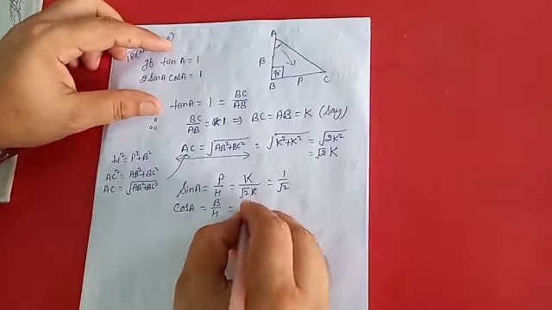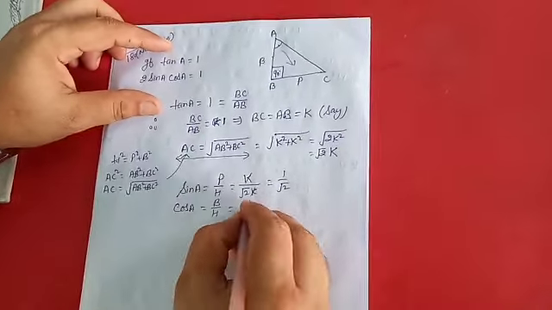Sorry, it's not OP here, it means 1 plus PQ. So here also PQ comes. So again I am writing this: 1 plus PQ square plus 2 PQ is equal to OP square plus PQ square. PQ square cancels PQ square. Understood? So what's left? 1 plus 2 PQ is equal to 7 square.